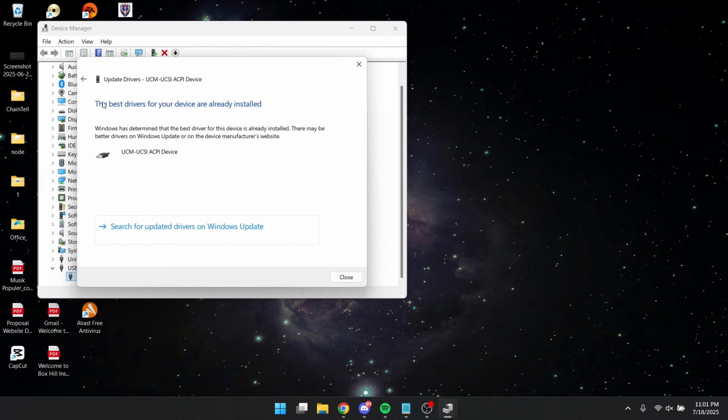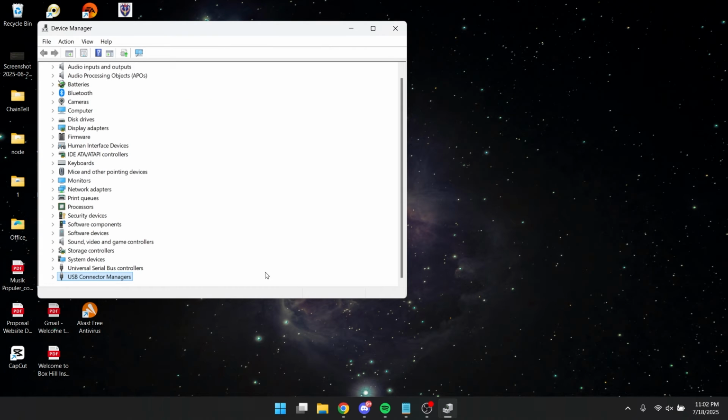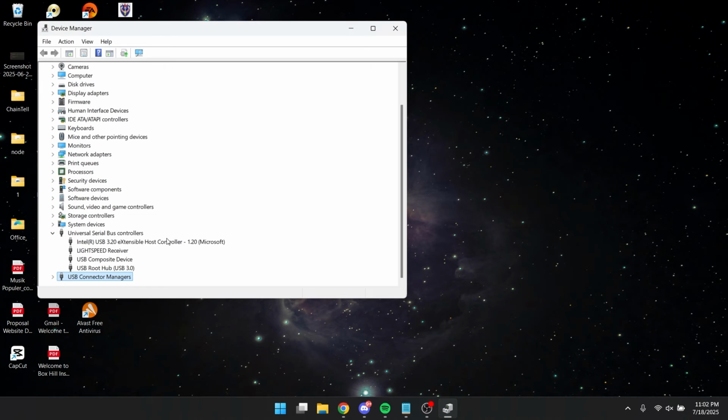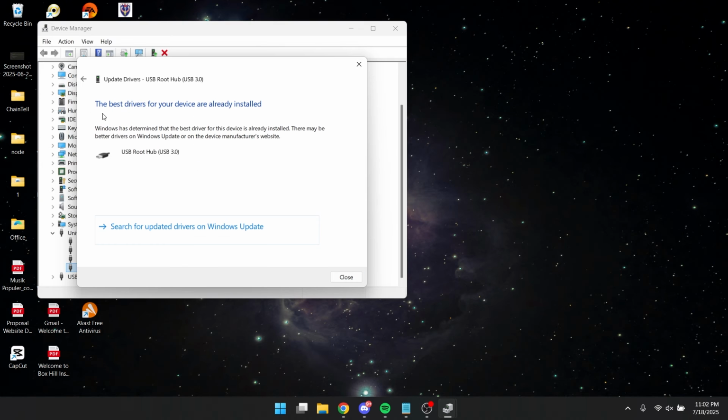And if this says the best drivers for your device are already installed, you can just close this, and then click on the drop down arrow again. After that, click on the USB controllers, and click on the drop down arrow. Then click on this USB Root Hub. Right click, Update driver again, and click on Search automatically for drivers. And as you can see, it is already installed. You can just close,